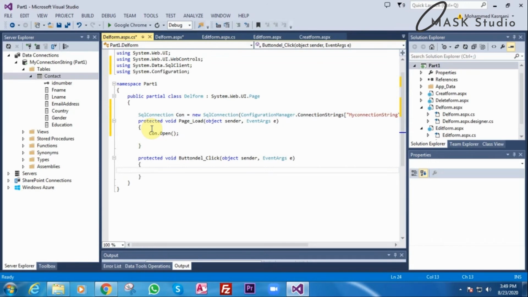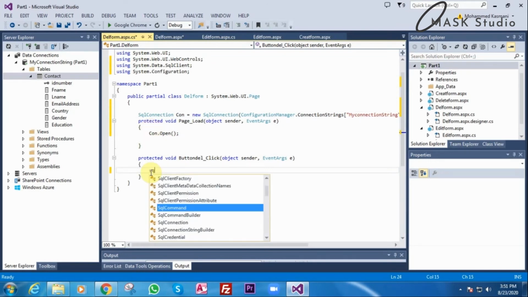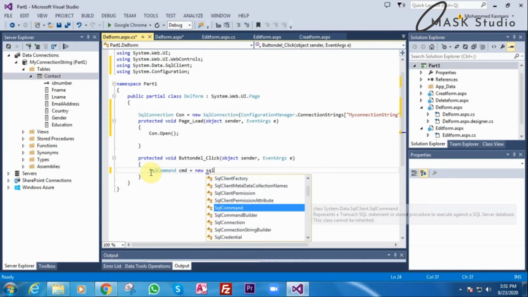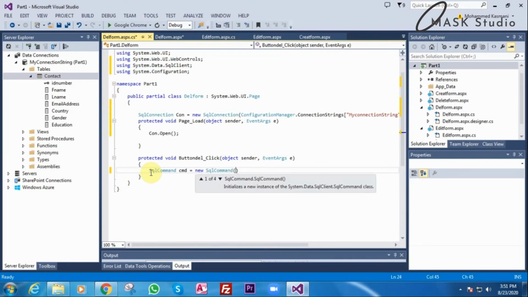We need a command. SqlCommand cmd = new SqlCommand, in double quotes, delete from contact. Contact is the table name.